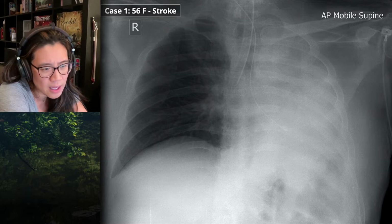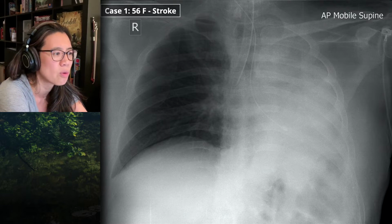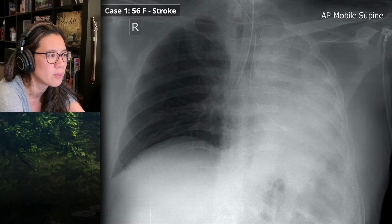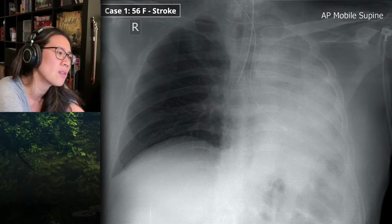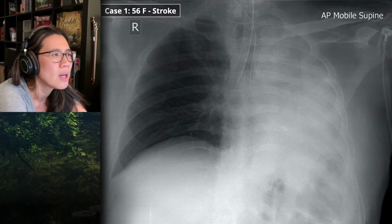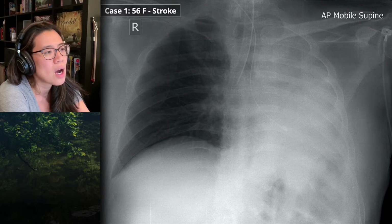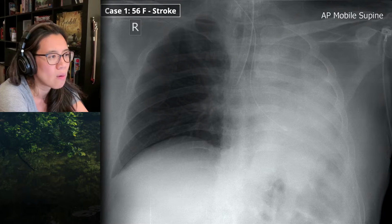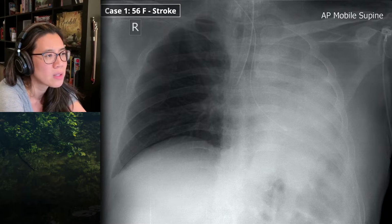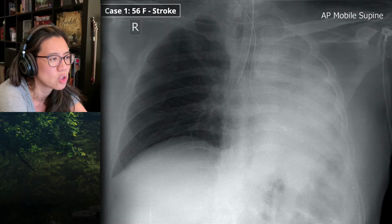There's probably small bilateral pleural effusions, although I think it's hard to tell on the left, and there's no definite pneumothorax within the limitations of a supine film. There is loss. Well, I think there's mediastinal shift to the left because I don't see the right heart border particularly well. So I think the abnormality's on the left, I think there's opacification of the left hemithorax with associated loss of volume. So I'd be concerned about left lung collapse, particularly in the context of ETT and a probable nasogastric tube going down the wrong